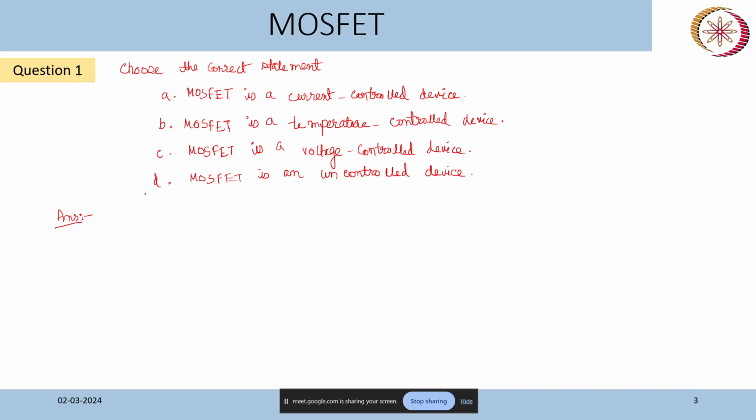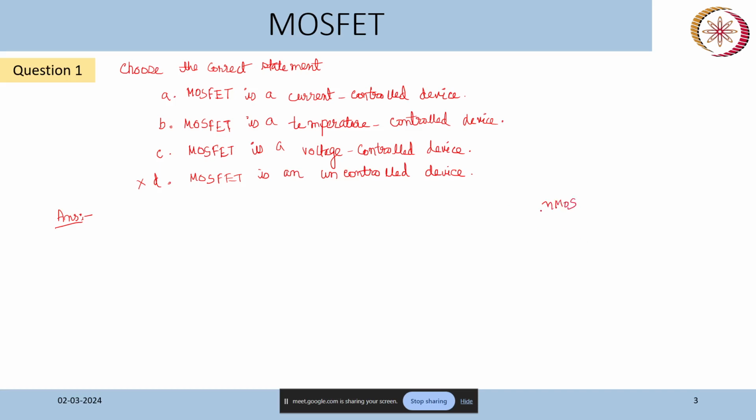Obviously option 4, option D is not correct. MOSFET is an uncontrolled device, because if we cannot control the output of a device, then it will not be very useful. And you know that MOSFETs are widely used in semiconductor circuits. So the fourth option is obviously not correct, and among these three, let me first draw a MOSFET structure,